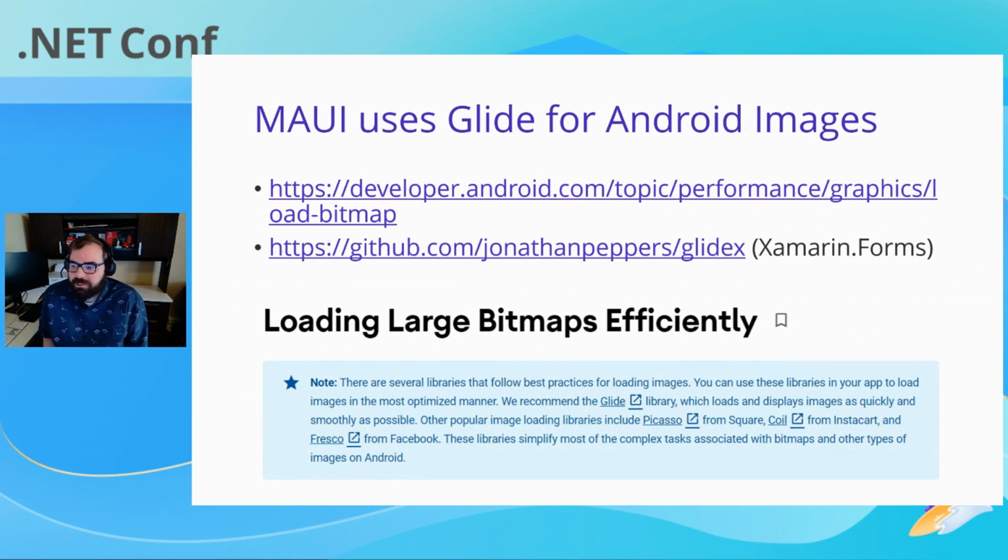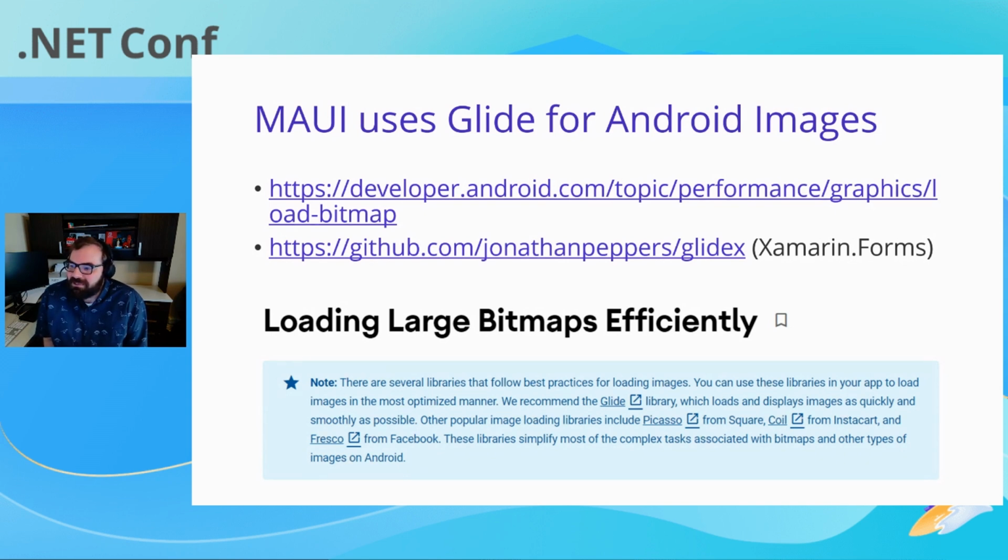So here's another really good improvement that's in Maui. A while back, for Xamarin Forms, I wrote this experimental little library that used an Android library called Glide for loading images. It's the library that Google has been recommending for a while for loading images on Android. If you use the Android APIs directly, it's really easy to get wrong. The image APIs in Android are just hard to use, and if you go wrong, your app runs out of memory and crashes.